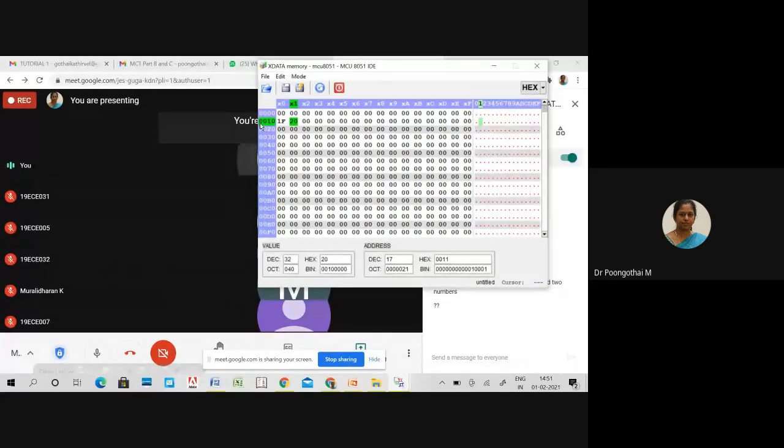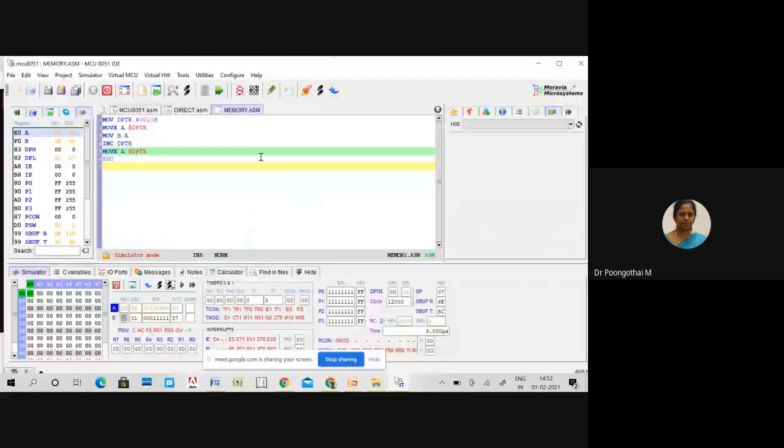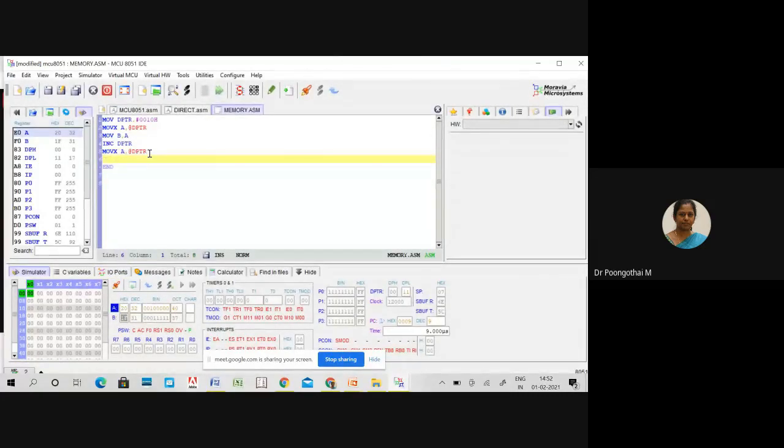So example, 0010 has the first data, 0011 has the second data. So you have to fetch the data from this memory window, and perform the addition operation. So after this instruction, you have to incorporate the add instruction. So first data will be held by which register? The first data will be in B register or A register? A register, ma'am.